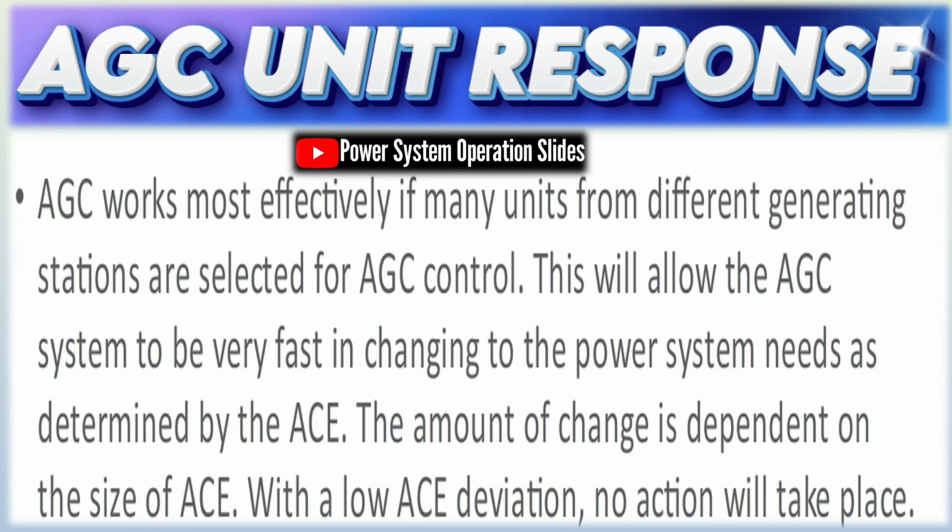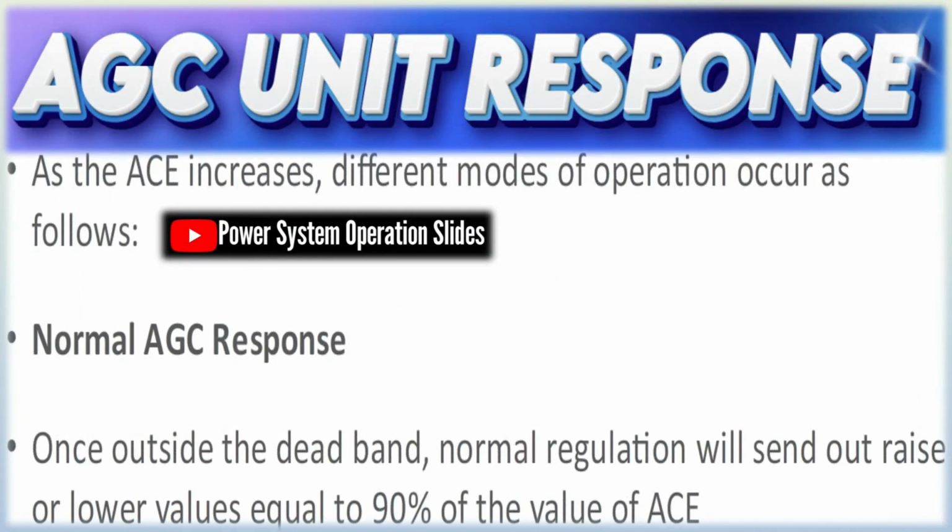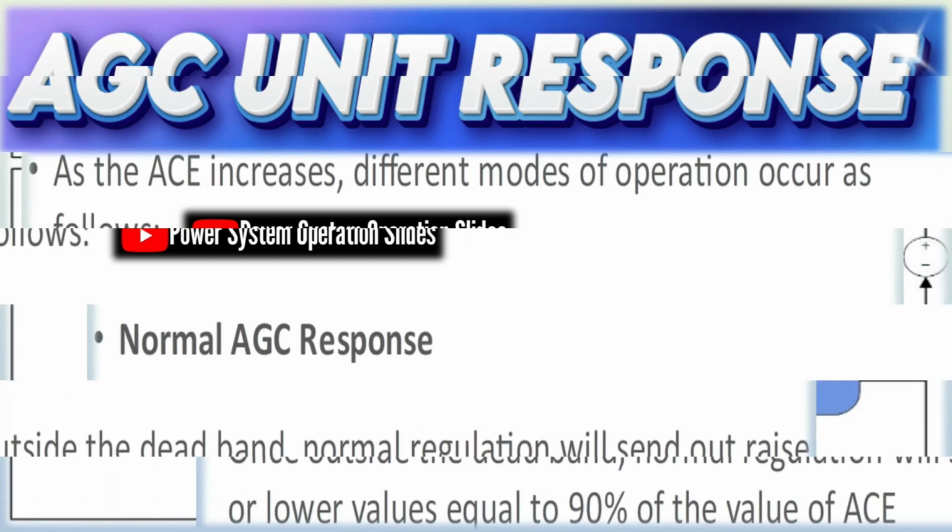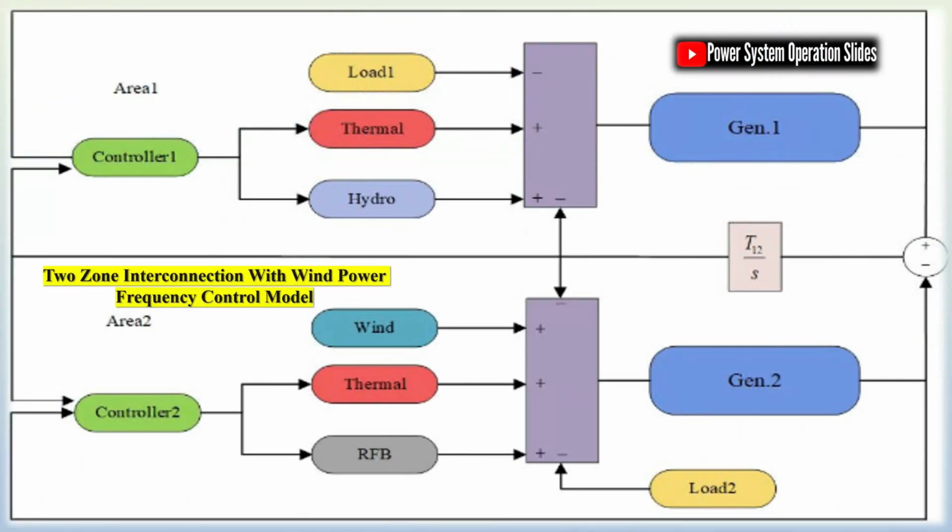AGC definition and the role of ACE. AGC, automatic generation control, is an integrated, computer-based system that adjusts the power outputs of generators in multiple plants if needed to ensure that the total generation matches the instantaneous demand. By doing so, AGC maintains overall system stability and minimizes deviations in both frequency and scheduled power interchanges.